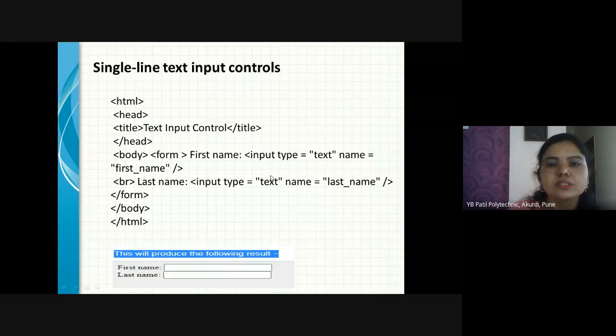For creating this box, I have to write the tag like input type equal to text. It means now I create one input box and the type is text. And the name of this box is first name. Then second, I have also created last name. The input type, what can I enter here? Only text. And the box name is last name. When you write this code in Notepad, save it with .html or .htm, and then execute, the output will appear here. Once we finish the theory part, we will go for the hands-on, then we will execute all these codes one by one.